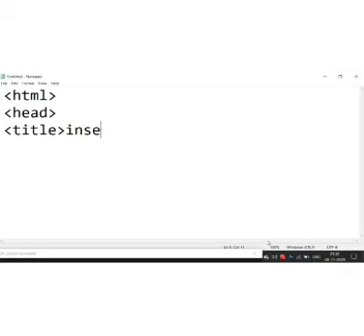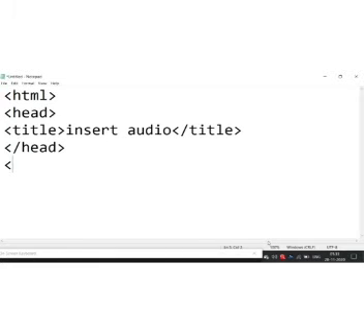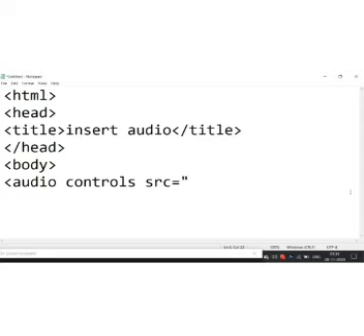Okay, and now look here. Now we will learn how we can insert audio files. If you want to insert an audio file in this HTML, you can insert it using the audio tag. Close the header tag. Now the body tag. There is a new tag available in HTML5, the audio tag, to insert an audio file in a web page, and it can be in any format: mp3, ogg, wav, all these files are supported.